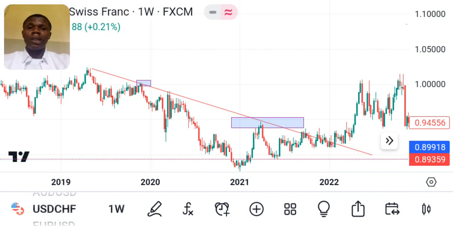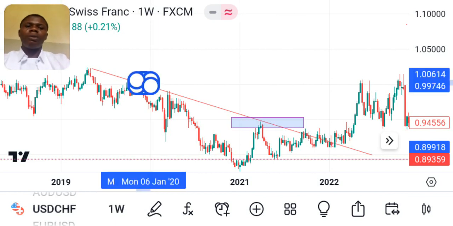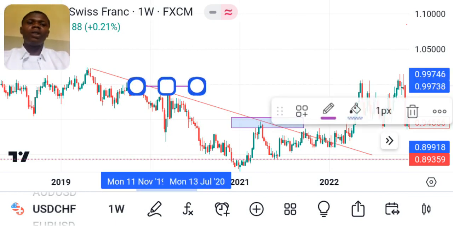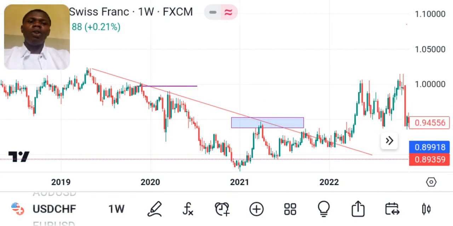Another thing you need to understand is that you need to be able to identify major order blocks. Yeah, institutional order blocks. This is an order block. Now, first of all, let's understand what an order block is. An order block actually